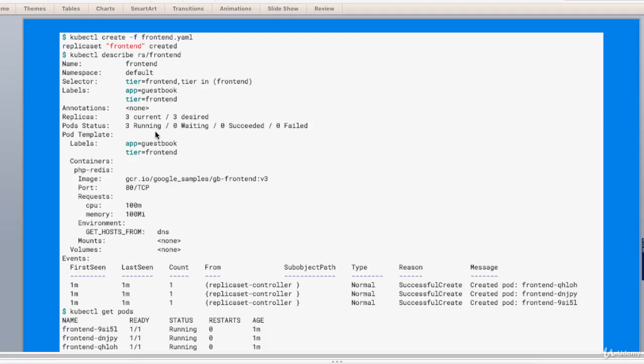Now coming on to labels on the replica set. The replica set can itself have labels, which is .metadata.labels. Typically you would set these the same as the .spec.template.metadata.labels. However, they are allowed to be different and the .metadata.labels do not affect the behavior of the replica set.